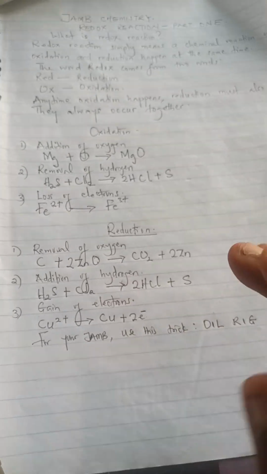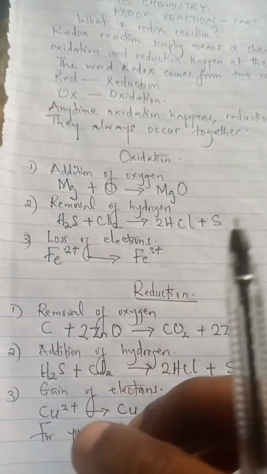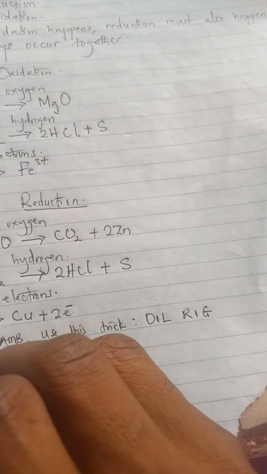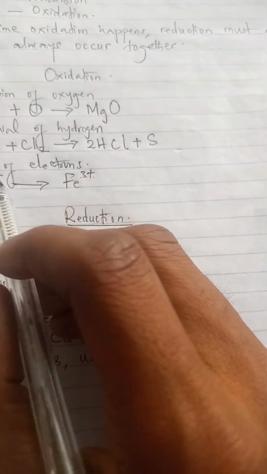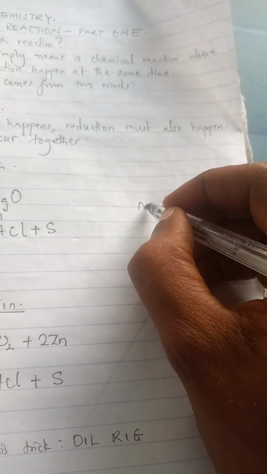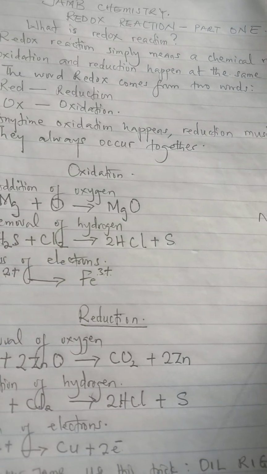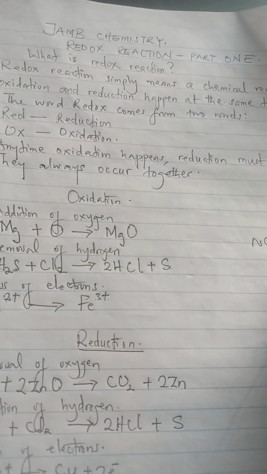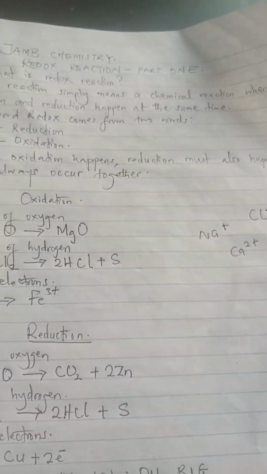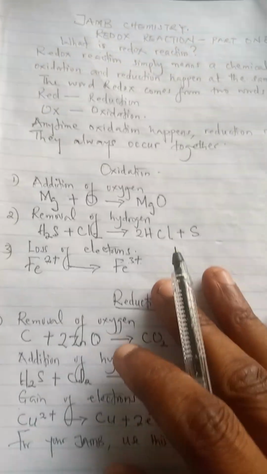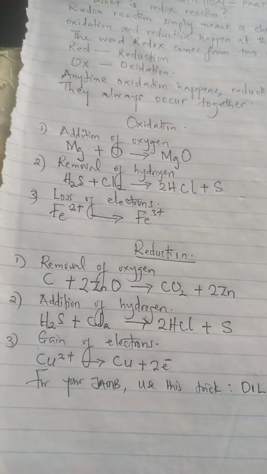And for those of you who are watching this, if you don't know how an atom becomes an ion, how to get all this plus 2, the reason why copper carries plus 2, iron carries plus 2, sometimes sodium carries plus 1, sometimes calcium carries 2 plus on top, sometimes chlorine carries 1 minus, if you know that you don't know all of these things, just tell me in the comment section, tell me in the WhatsApp group, and I'm going to post a video of something